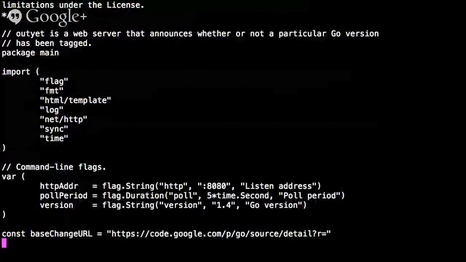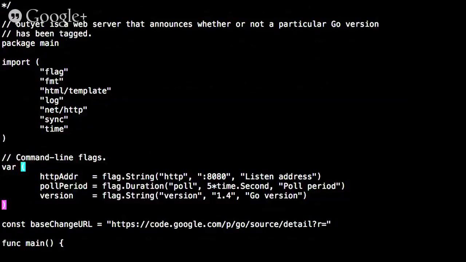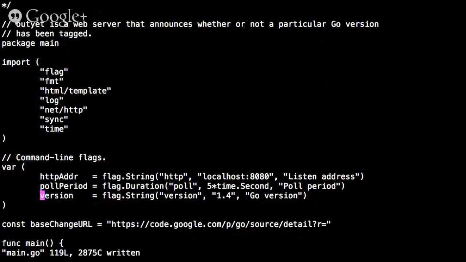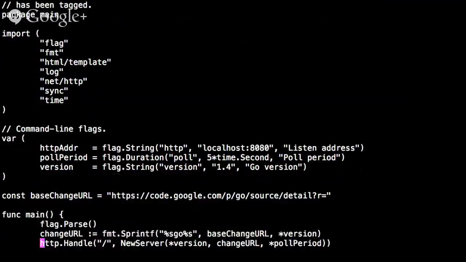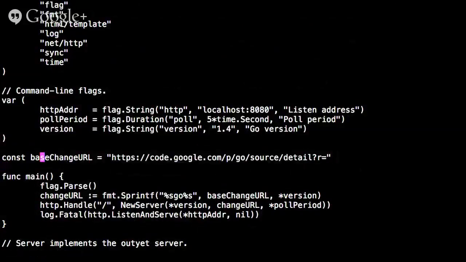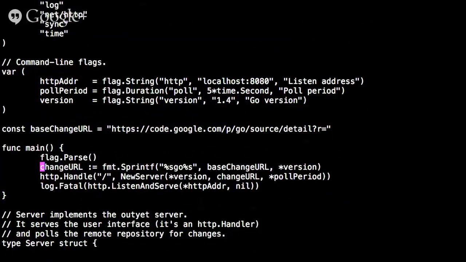It's all just using stuff from the standard library. We have some command line flags, the version to display. I'm just going to hard code localhost in there so I don't get that firewall warning again. The period to poll and the address to listen on and so on. We got the base of that Google Code URL that we were hitting. And then in the main function, it just determines the change URL based on the provided version, just appends the version to that string. And then it